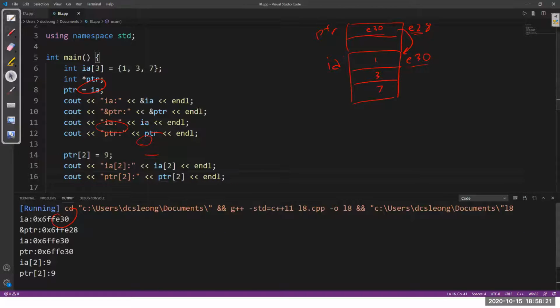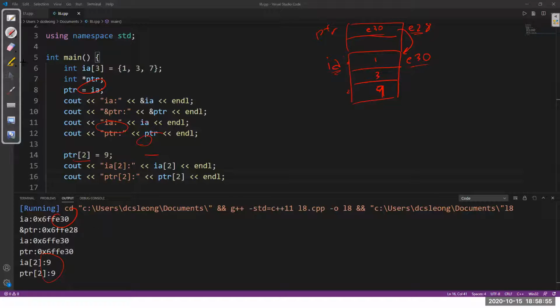Once you run this, you notice both are 9. By doing this, pointer comes here, this is index 0, 1, 2, so index 2 changes this to 9. You see ia has changed as well. So these are 2 pointers that point to the same array. It's like passing by pointers. You can have 2 pointers point to something and you modify it.